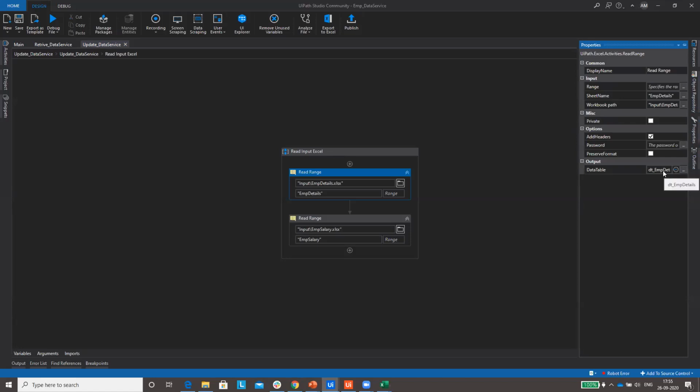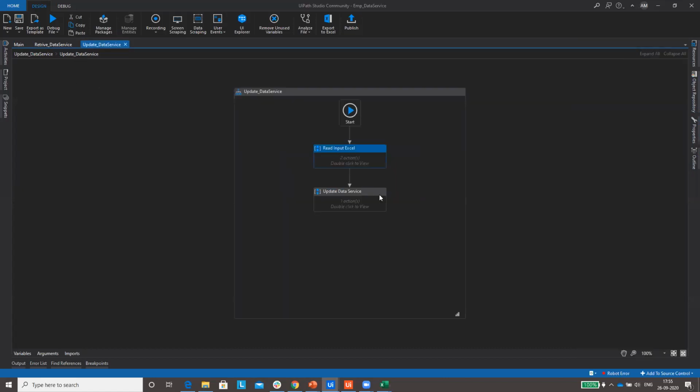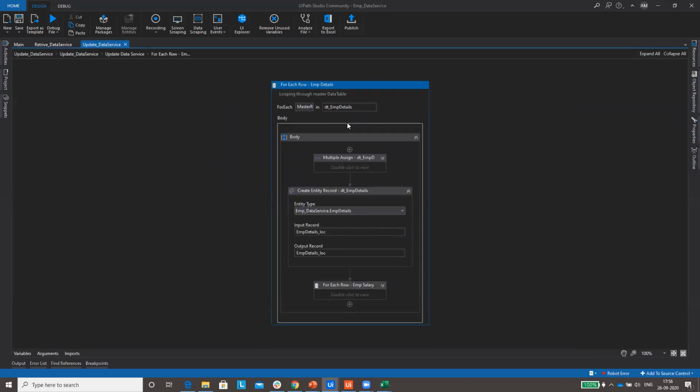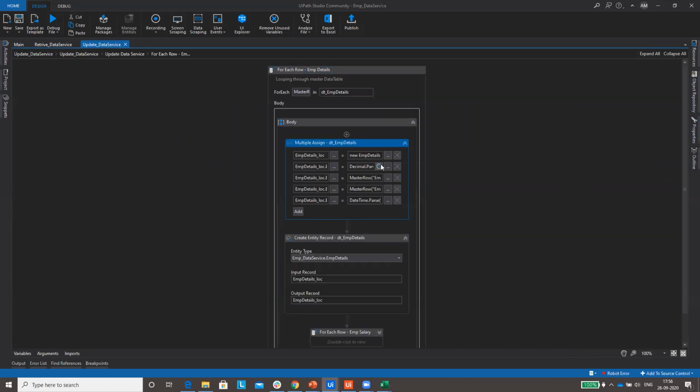You can see here, I'm just reading the Excel file and storing it in a data table. Once I store the data, I'll push it with the help of a for each row. This is the important part of how you can push data into data services.